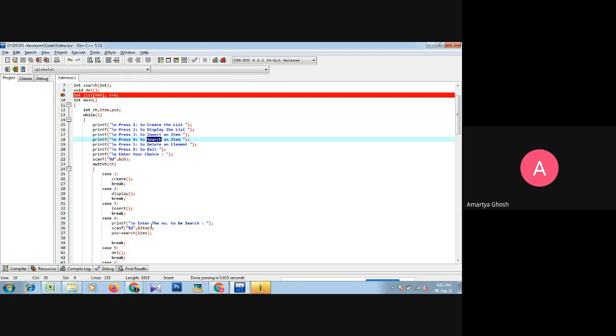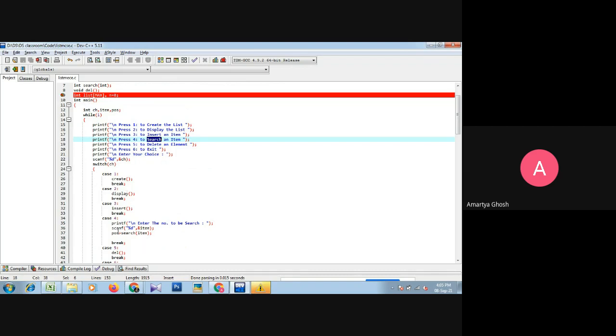First of all, in search operation, that is press 4, in case 4, printf enter the number to be searched. Okay. Then scanf %d and &item. So item is stored into the item variable. Item is the local variable of main function.